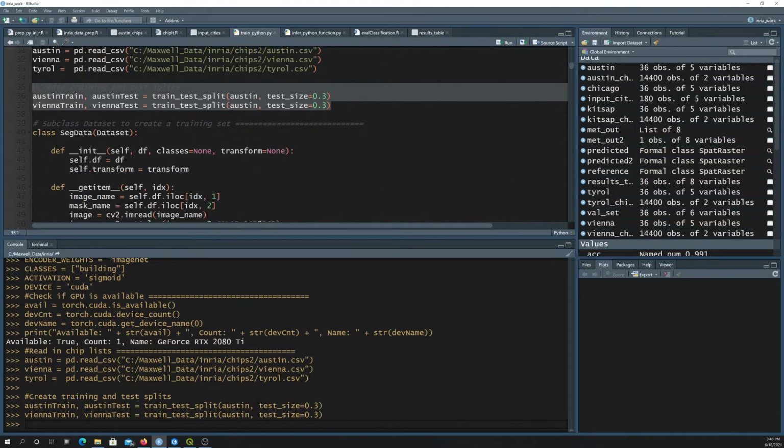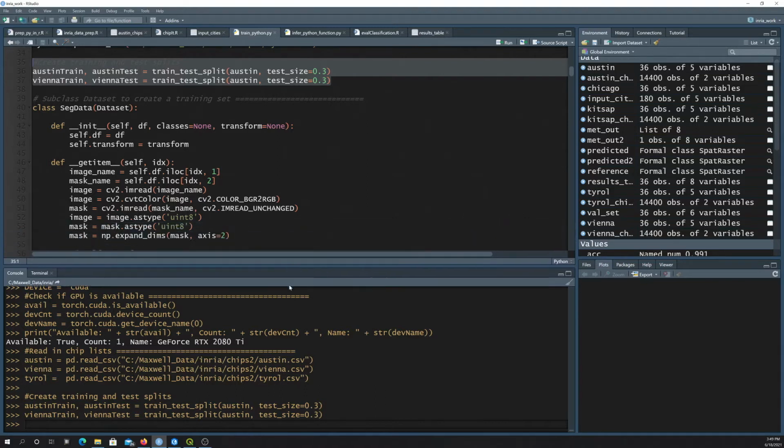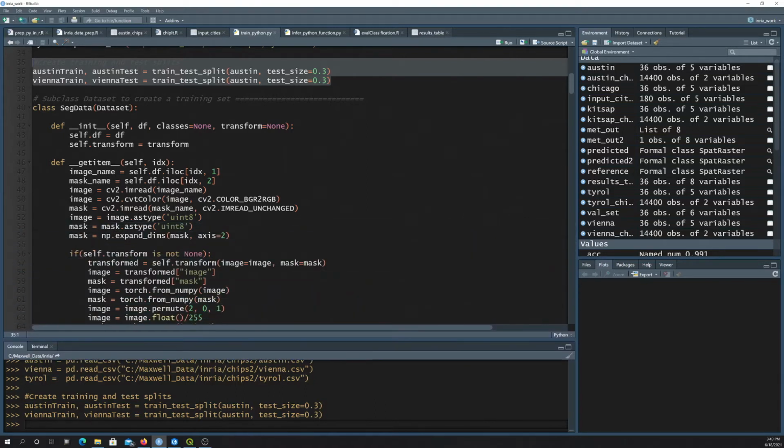All right, so now we're ready to specify our data loader. So again, we're just subclassing the Torch dataset class so that it loads our data correctly. This one's actually, in many ways, simpler. Let me just expand this a bit. It's a little bit simpler than what we did with the topo map because we're not doing any random selection or anything within the